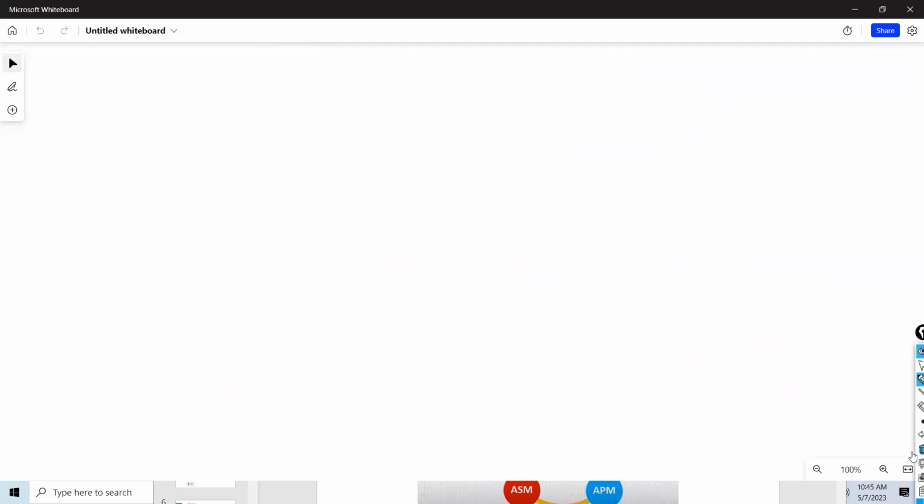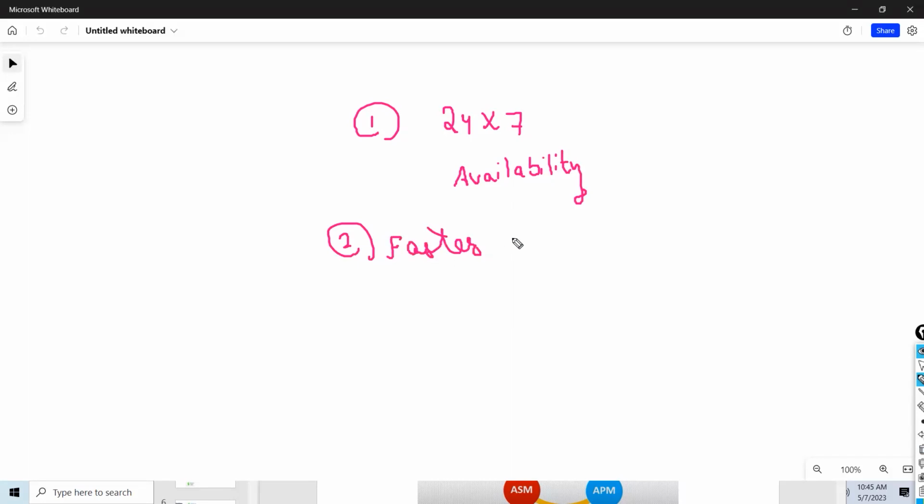See, customer wants three things basically from a load balancer. First, 24/7 availability of their application. Second, they want faster web application access. They want to access their application quickly. Third advantage, they want security.